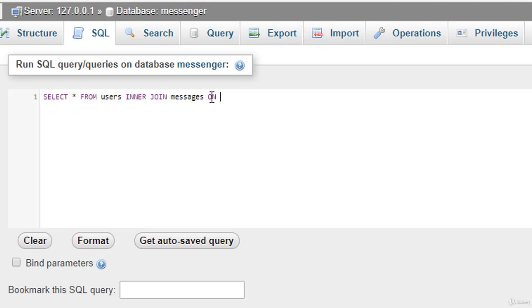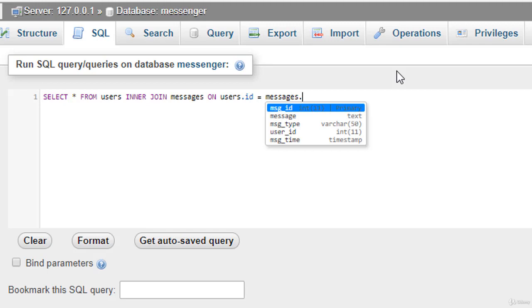On users table dot id. Inside the users table, id is the column of the users table. So this on users id means if the id inside the users table is matched with the messages table dot user id.